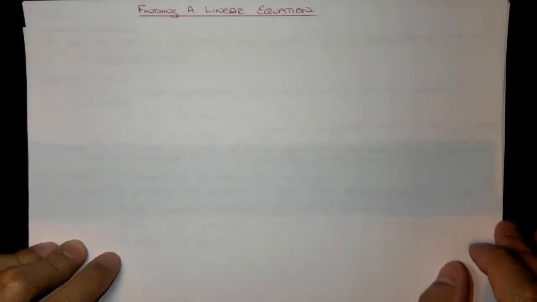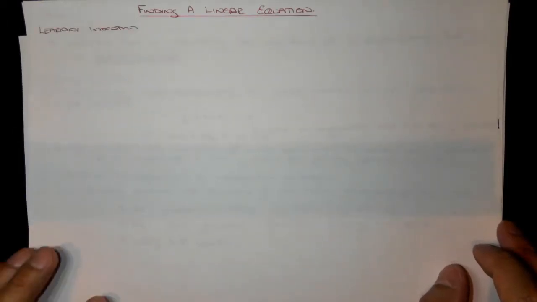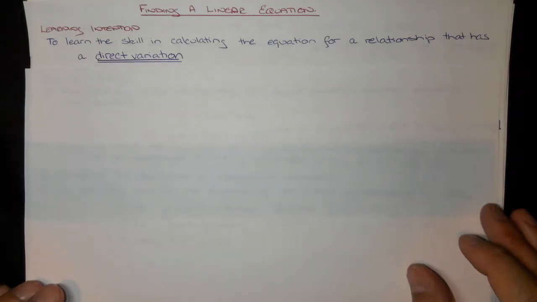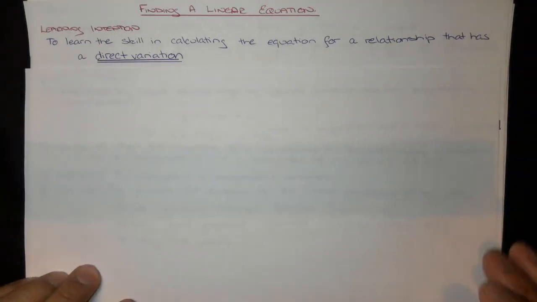Today in this lesson we're going to be looking at finding a linear equation. So our learning intention is to learn the skill in calculating the equation for a relationship that has a direct variation. And what we mean by direct variation is